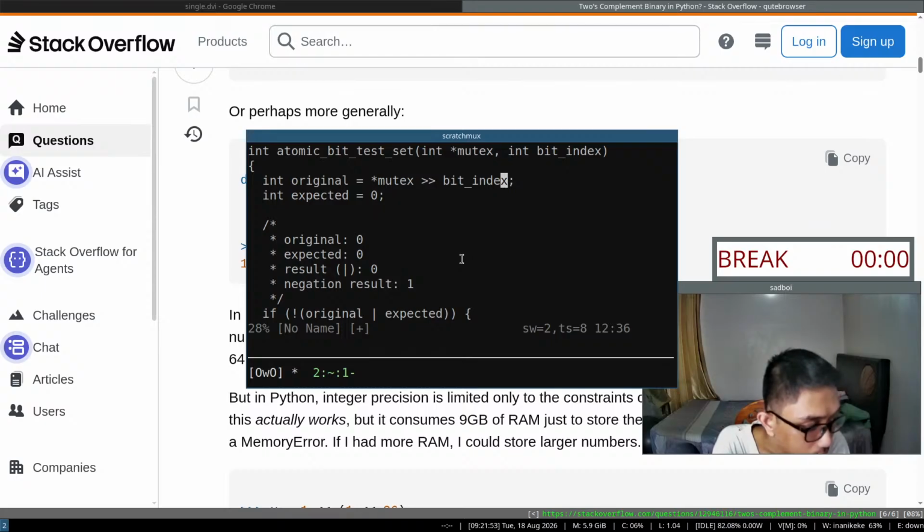So if the number was negative, the leftmost bit is 1, an additional 1 will be shifted in from the left. Oh, okay, so that's why we